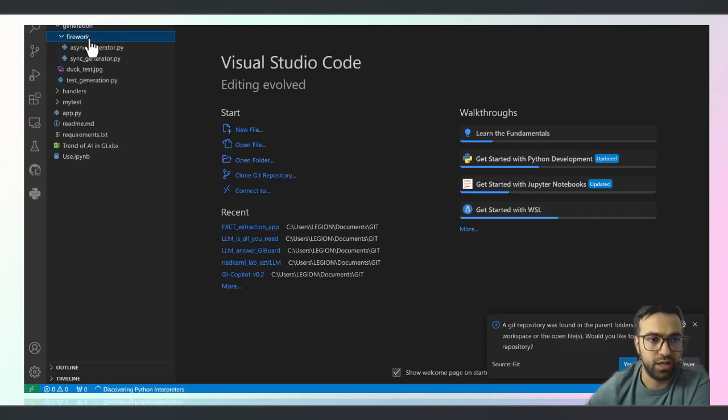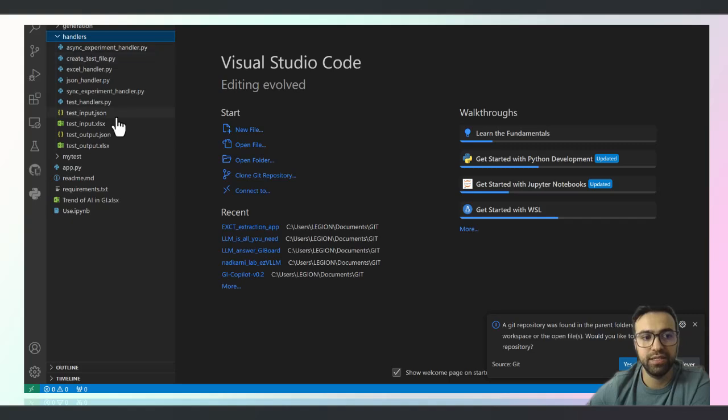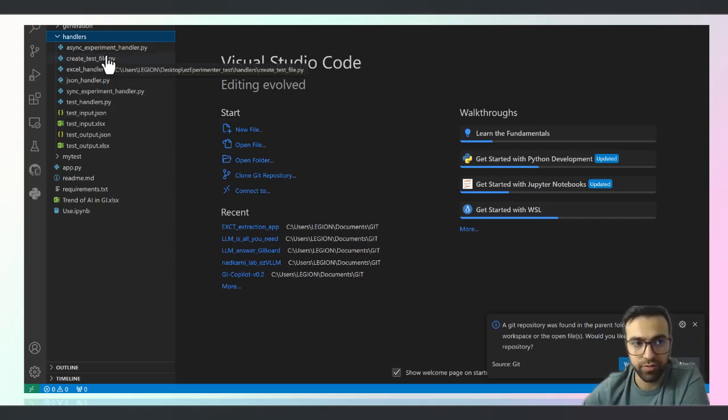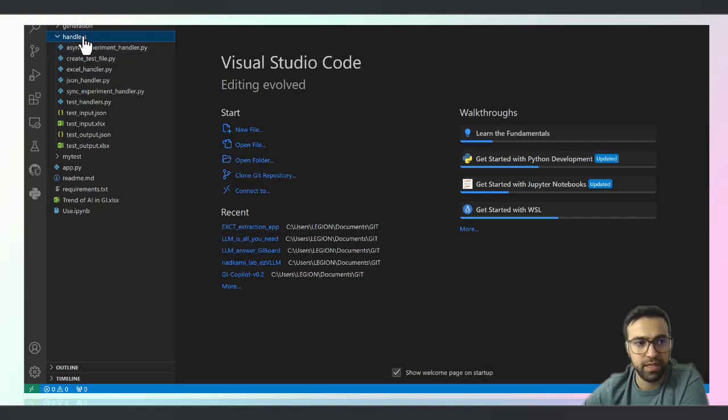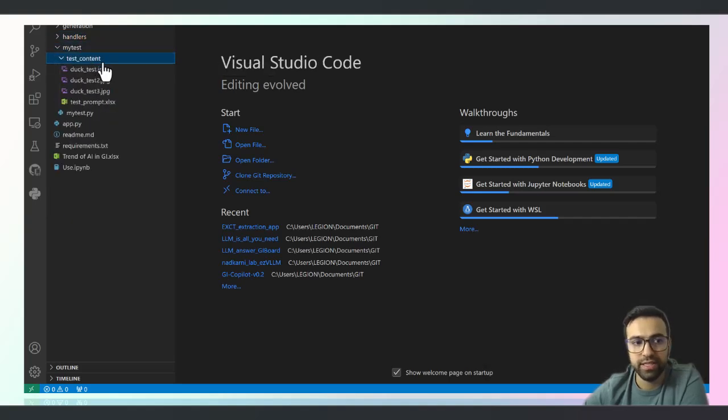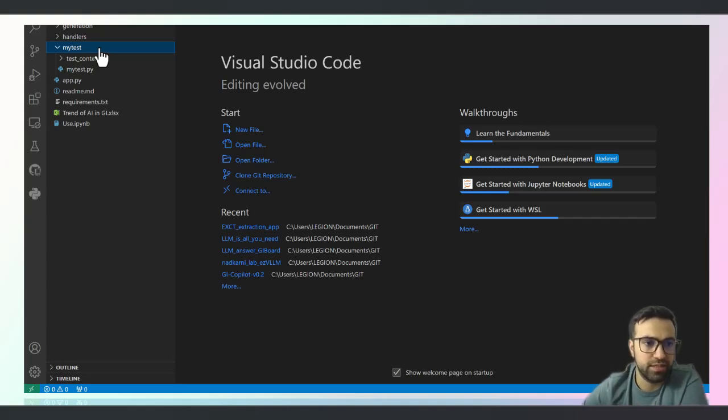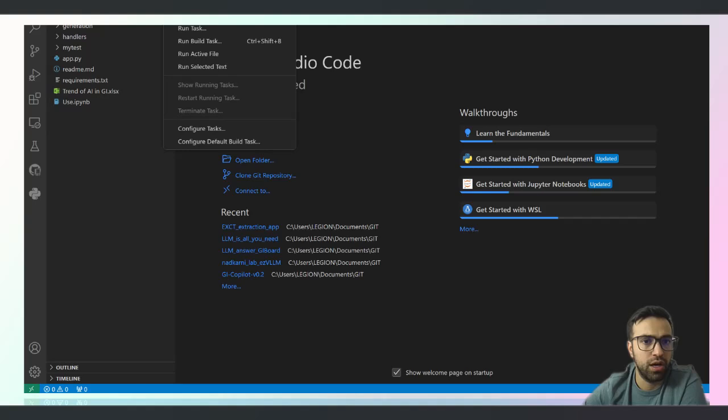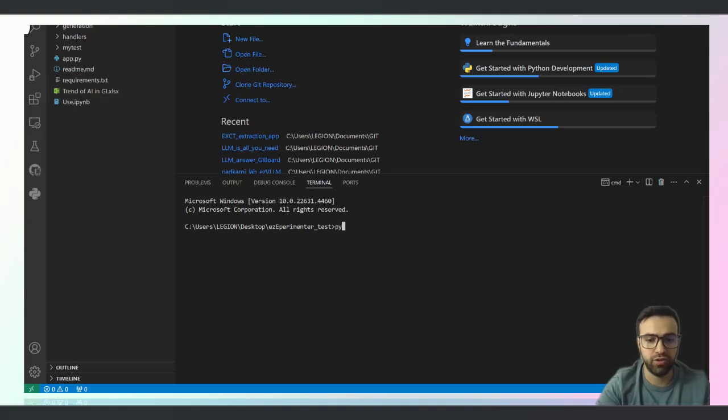The generation contains the code for generating the output using asynchronous or synchronous functions. The handlers are for handling Excel and JSON files and asynchronous experiment handler. And this is my test when I want to start playing with anything. First, I will test it out. But there is no need for you to know these things. The only thing that you should do is to go from this top bar, open the terminal, and write down